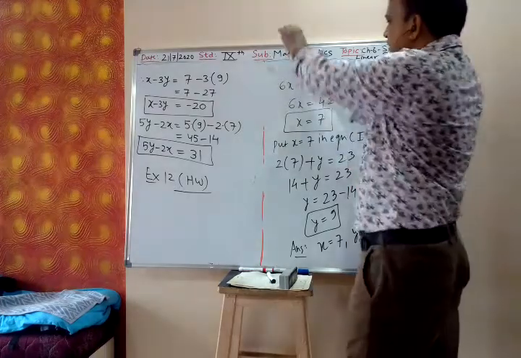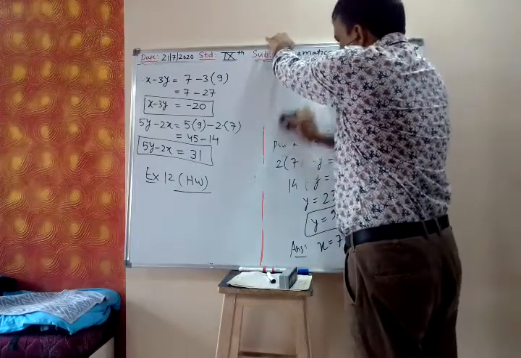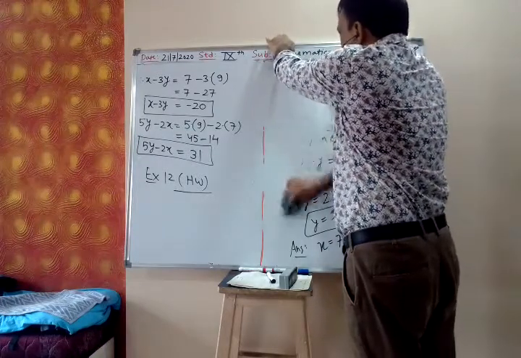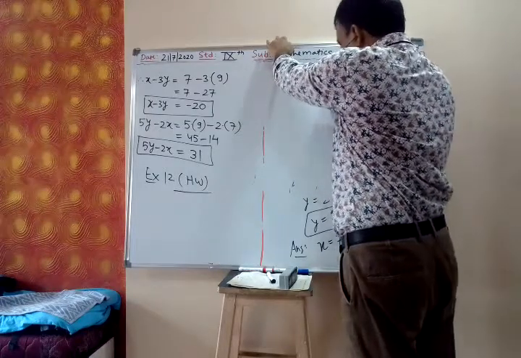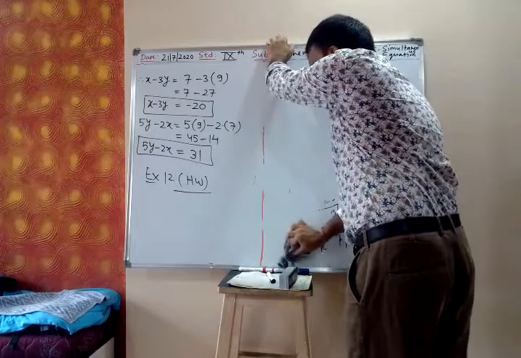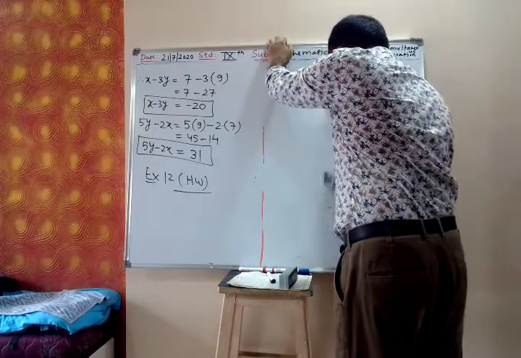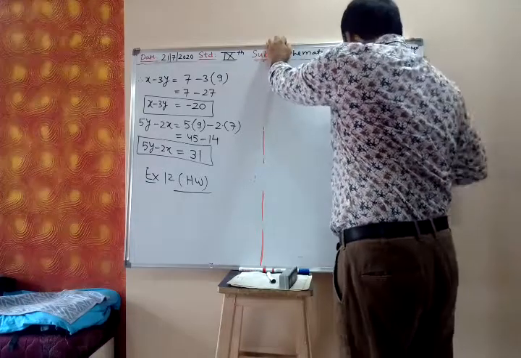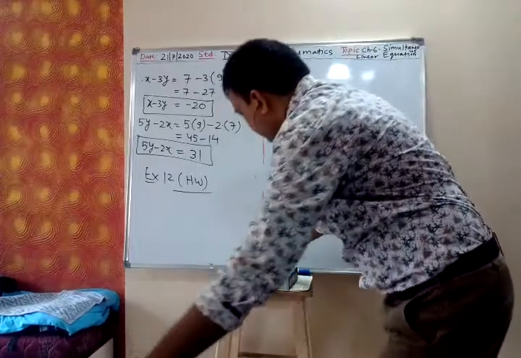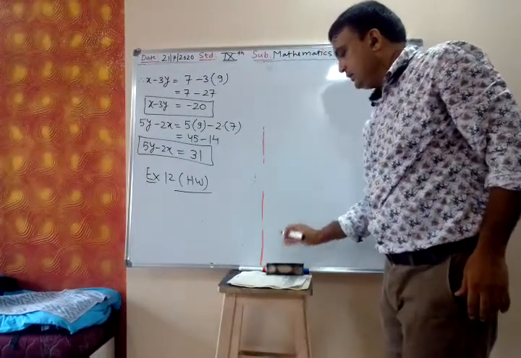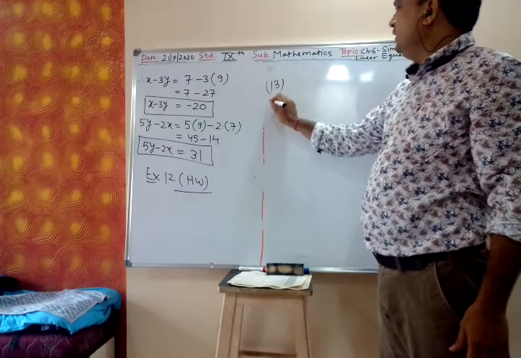Now question number 13, there are two problems and a complicated expression is given, but we will see, we only have to simplify using the rules of mathematics and get equations 1 and 2. Once you get equations 1 and 2, you can solve easily by equating coefficient. So 13 first, I am doing.